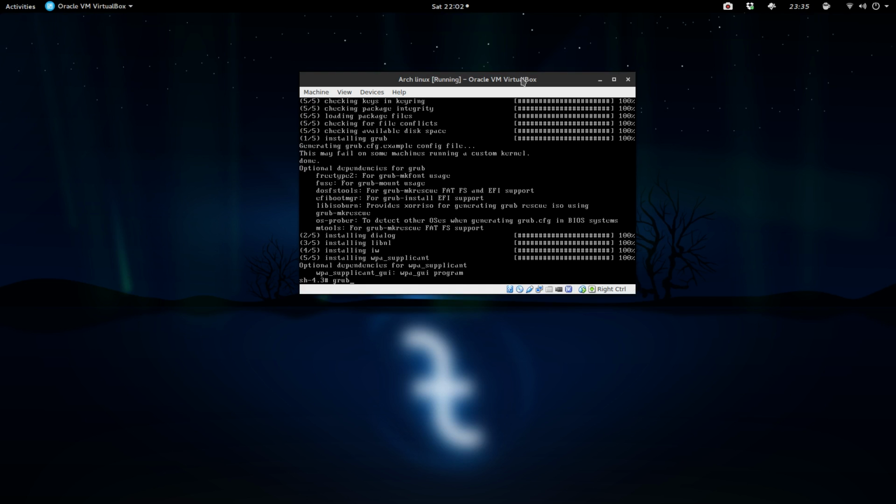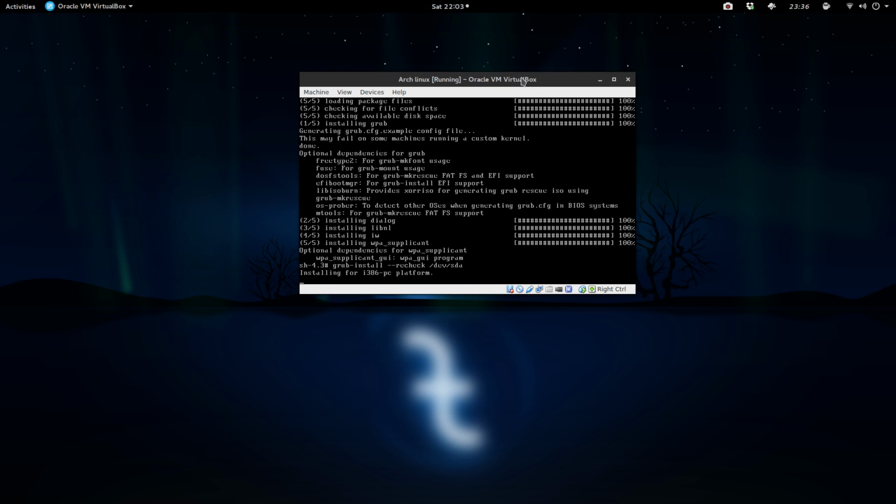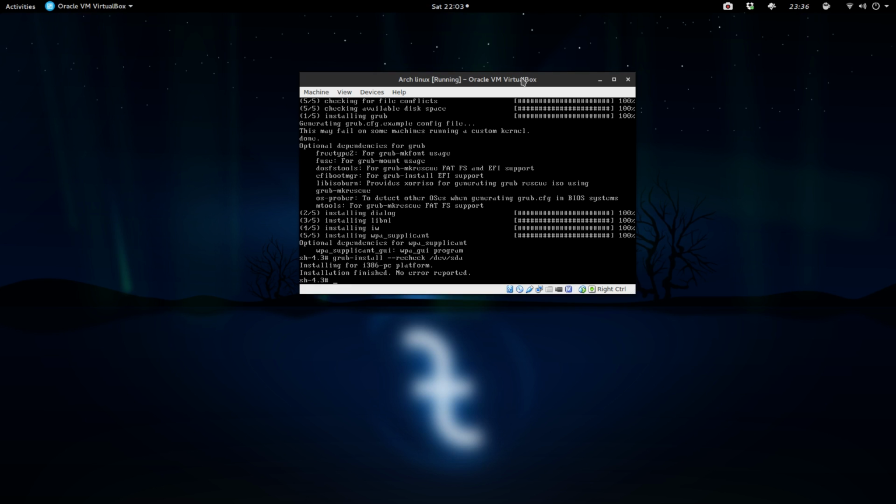So it'd be grub-install. And then this dash, you don't really need, but it's --recheck. It just checks to make sure that everything has installed correctly, and then you're going to do it to the entire hard drive, so it'd be just sda. So make sure that this installs correctly. So that is installed correctly.